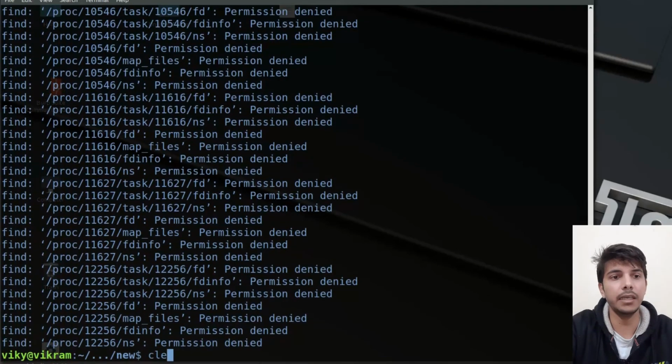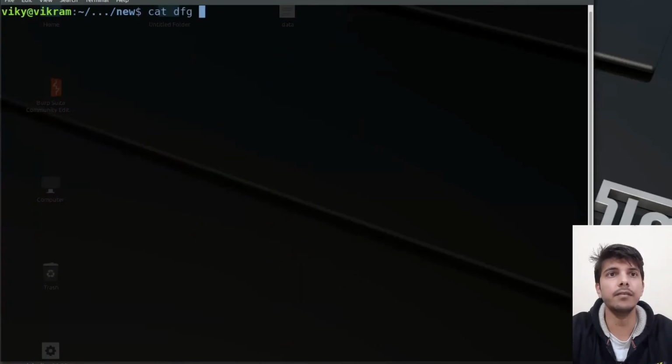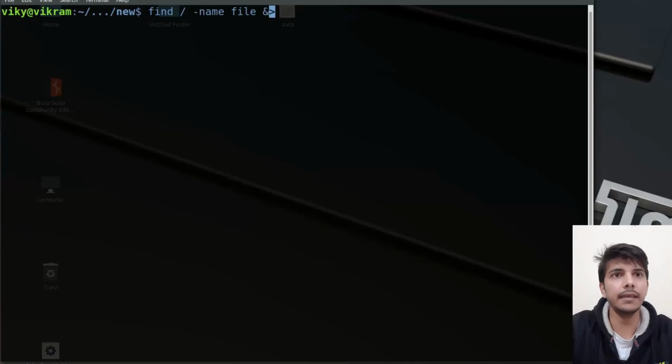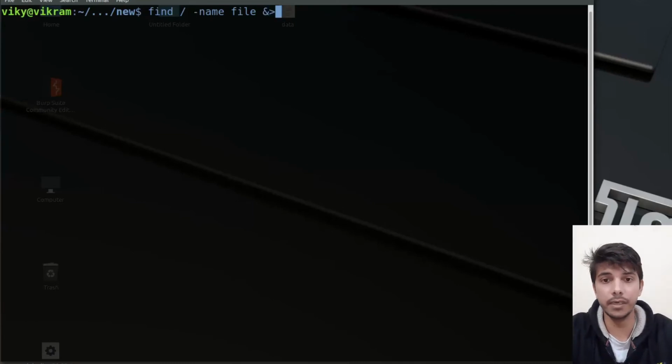Let me clear it. Another thing is that if you want to send both the output stream and the error stream to a particular file, you can specify &> here. So it will work for both. Basically, instead of writing 1 greater than and 2 greater than, you can write &>. It will send the error stream and the standard output stream to a given location.